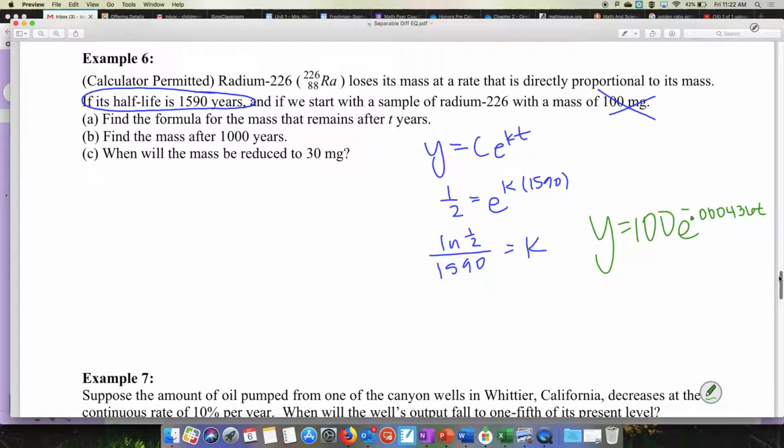Now, I want you to look at B. C. Look at C. When will the mass be reduced to 30 milligrams? Where do we plug in 30? Why? Okay, good. I don't have to worry about